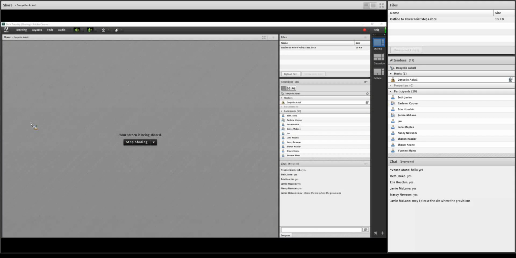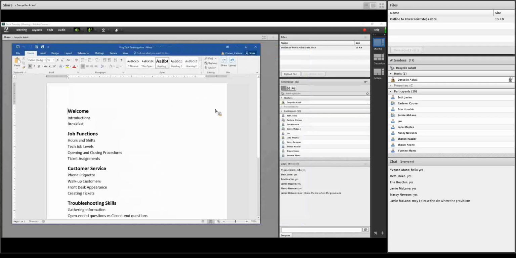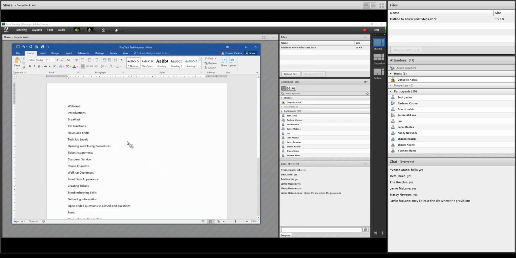I have a document called, let's see, Frog Tech Training. This is something I actually worked on this summer, trying to get our student workers trained. And right now, I'm going to unformat, but I have just a few steps. You can see my outline here. The big,